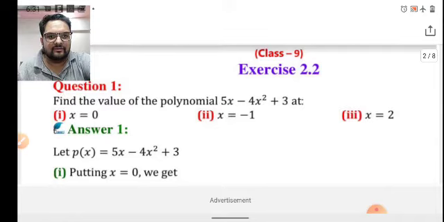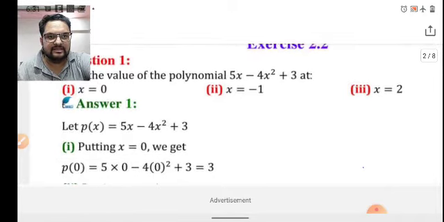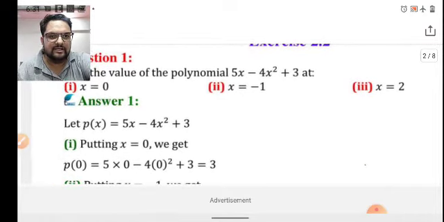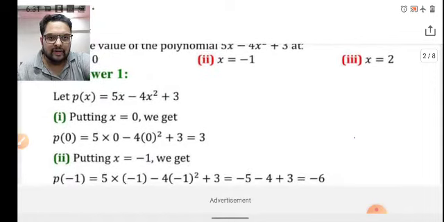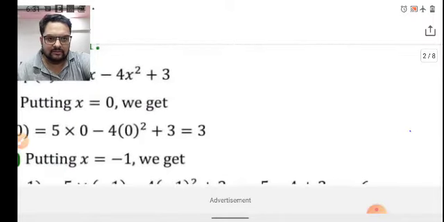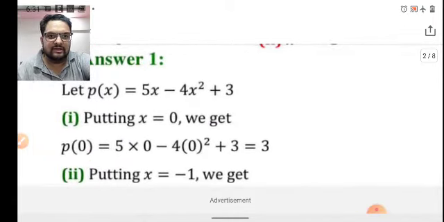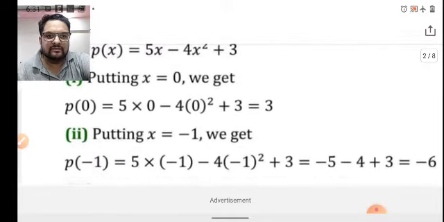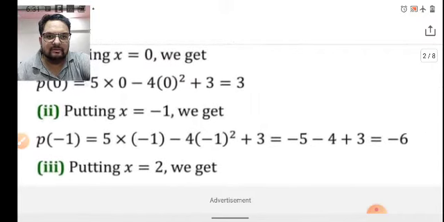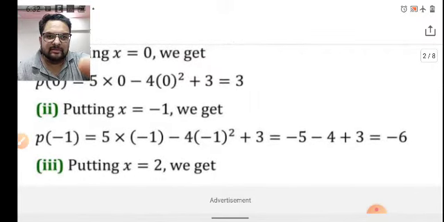Let's keep the value of x in the given polynomial 5x minus 4x square plus 3. On simplification, we get the value at x equals 0 in the given polynomial as 3. That is this part. Keeping x equals 0, we get 3. Similarly, if we keep x equals minus 1 in the given polynomial,